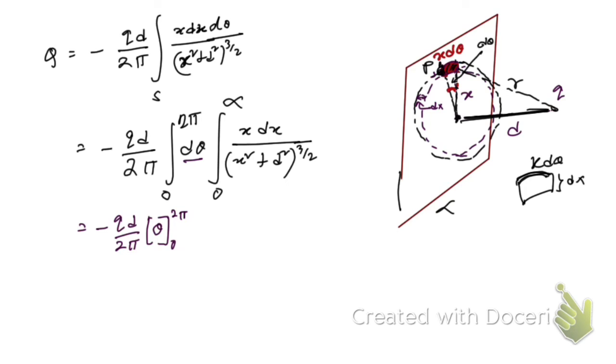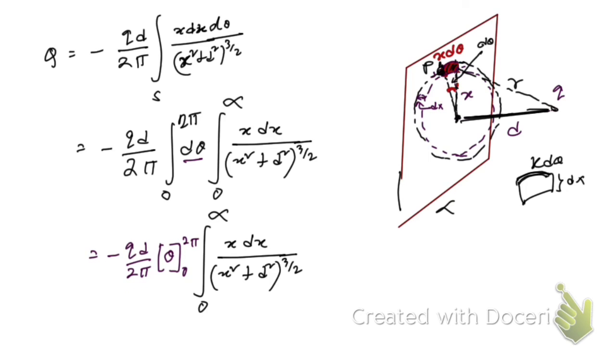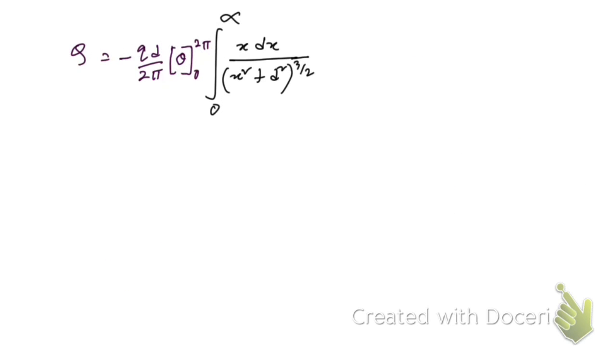First let me write this one as it is, whatever it is. Okay, so now let me go to a new slide. Now you see, if you put the upper and lower limit here, we're going to get minus q d 2 pi minus 0, that means simply 2 pi. Okay, 2 pi by 2 pi, here 2 pi will be cancelled, so we're going to end up